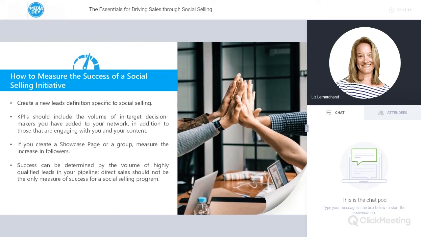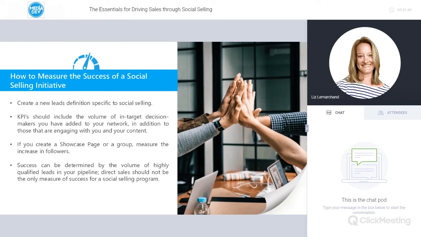So again, some other things to keep in mind when determining the success of a social selling initiative could be establishing a foothold in a list of strategic accounts as part of an ABM program. Could be about market intelligence, building a solid sales pipeline, educating your target audience about your solutions, increasing visibility for your offer in a particular niche.